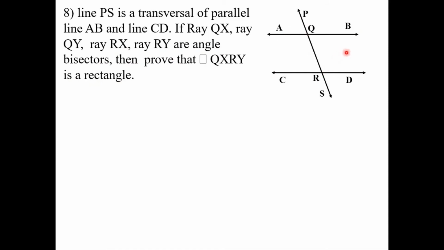How? Pay attention step by step. So the first step, they have given the first angle bisector over here, means this angle AQR is divided in two equal parts. Next, the second angle bisector means angle BQR is divided in two equal parts. The third angle bisector here means this angle CRQ is divided in two equal parts. And the last angle bisector over here. They have given the intersection of the angle bisectors as X and another ray over here, and their angle bisector is Y.